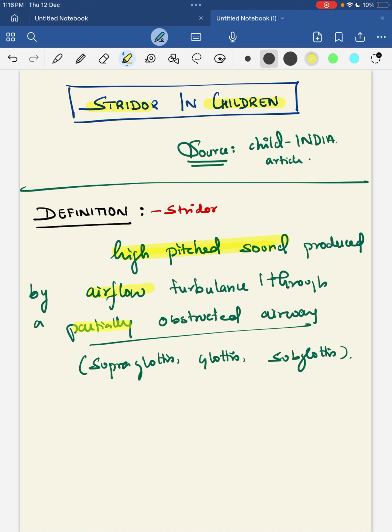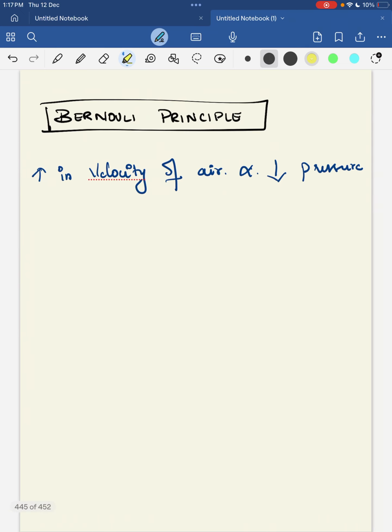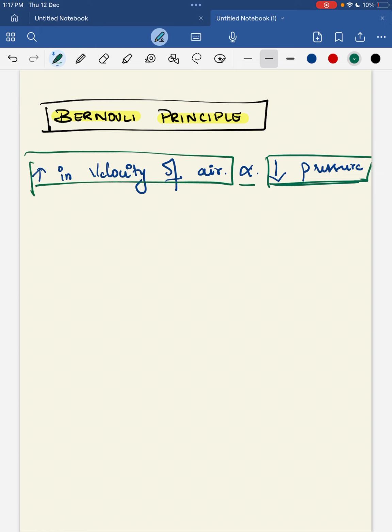What is the principle behind this stridor? The principle behind this is Bernoulli's principle. What does Bernoulli's principle tell? When there is an increase in the velocity of the air, it occurs simultaneously with a decrease in the pressure. So when the velocity of the air increases through your narrowed airway,